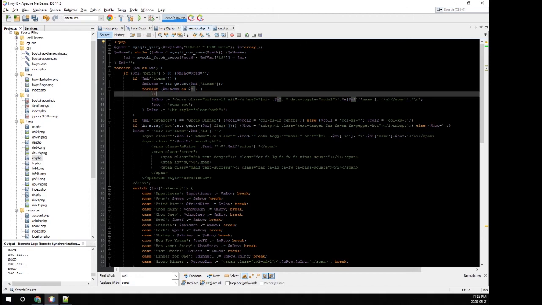So if, if string str in parentheses $MI, comma, single quotes, and in the single quotes is a vertical bar, end parenthesis,